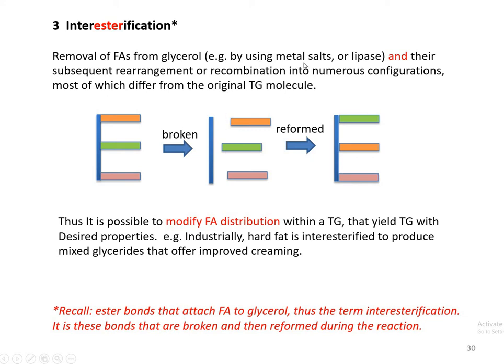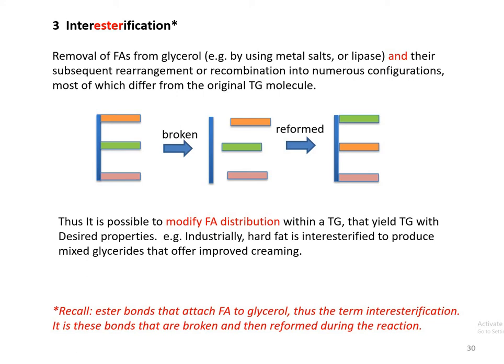Normally they use some metal salts and/or lipase, and there are subsequent rearrangement or recombination. So you reform or recombine into numerous configurations. The green fatty acid here goes up, and then this brownish fatty acid comes down here. So you have new configurations, and because of that, you have new properties. So it is possible to modify the distribution of fatty acids within a triglyceride to yield triglyceride with desired